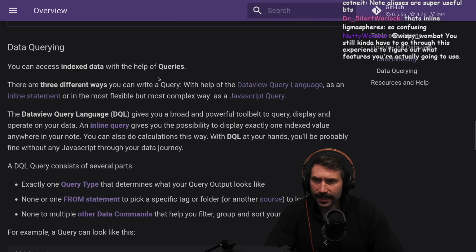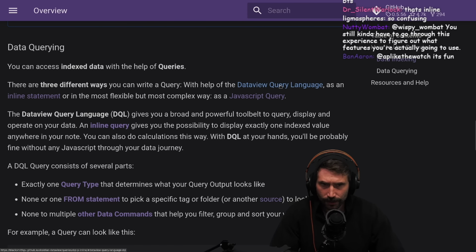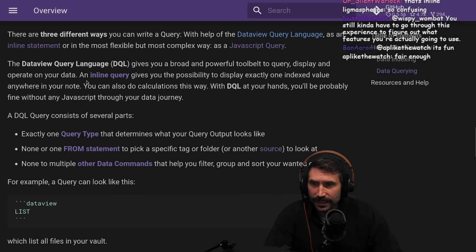Data querying. To access indexed data with the help of queries, there are three different ways you can write a query. There's the Dataview query language, which is the one I want, as an inline statement. Yep. But the most complex way is JavaScript. Well, I don't want to do JavaScript. The DQL, the